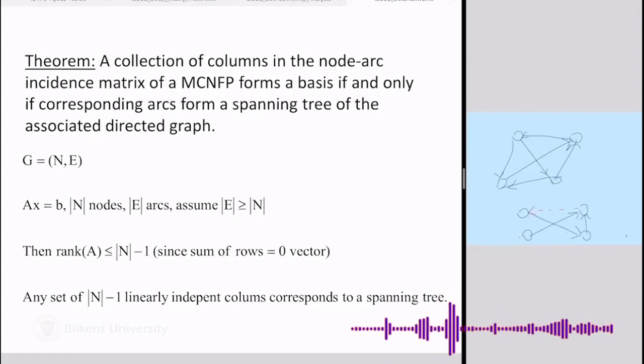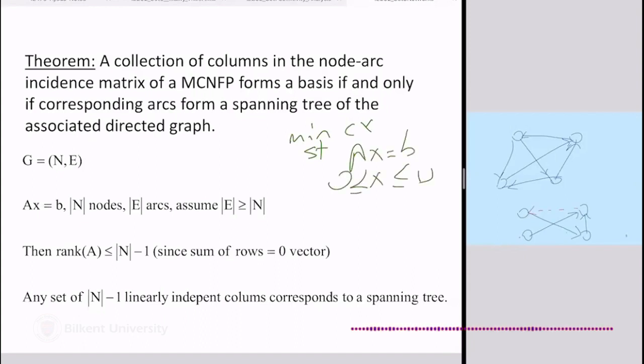All the observations and definitions were for us to come to this theorem. Remember, I'm trying to solve the minimum cost network flow problem. Minimize Cx subject to Ax equals B and x between the upper and lower bounds, all right? But this A is my node arc incidence matrix. It's a very special matrix. Now, in order to solve this,